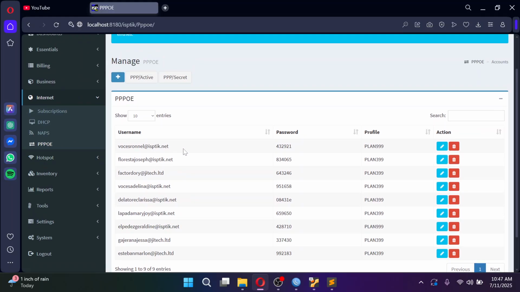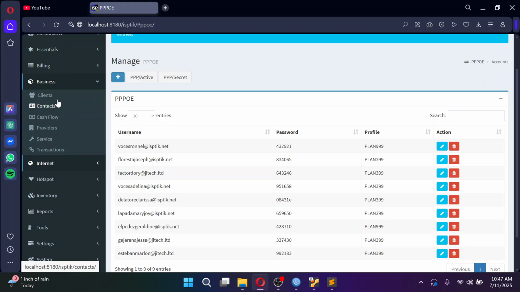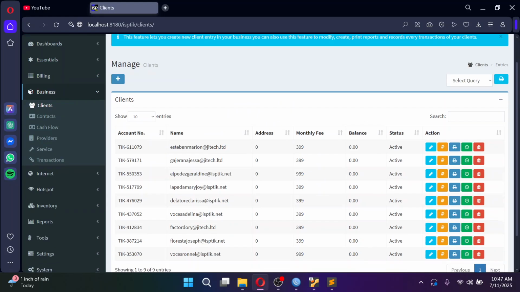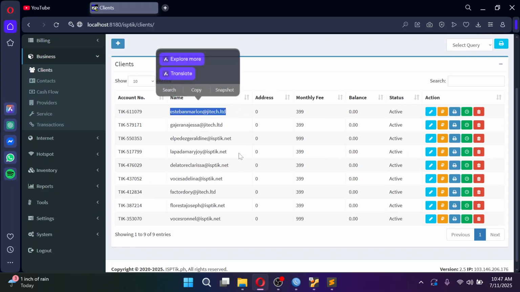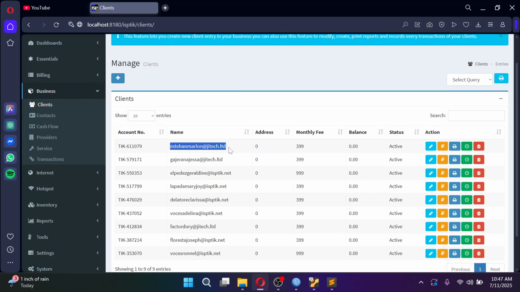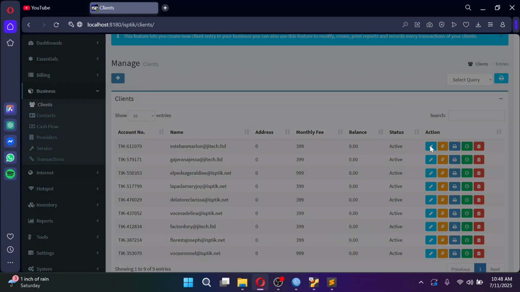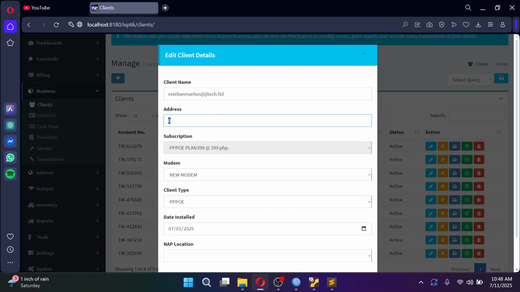At the same time, this PPPoE listing is actually bound or related to your clients. Okay? So this is the clients. So basically the name is same as the PPPoE name, username. And then you can actually now edit the address and then the actual name of the person. So in my case, I usually make that DNS hostname style. So this is Esteban.